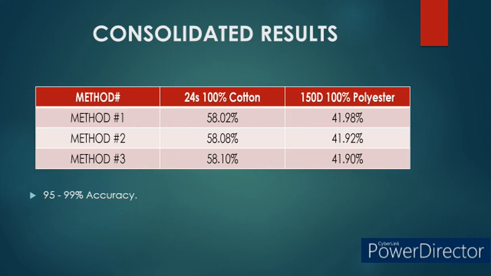Out of the three methods, whichever method is employed, the results will be similar, but the results from these three methods will have only 95 to 99% accuracy. This is because of the actual yarn count deviations in the bulk yarn supply. So it is mandatory to cross-check the actual contribution in the bulk initial roll or pre-production roll to avoid last-minute issues during bulk execution.